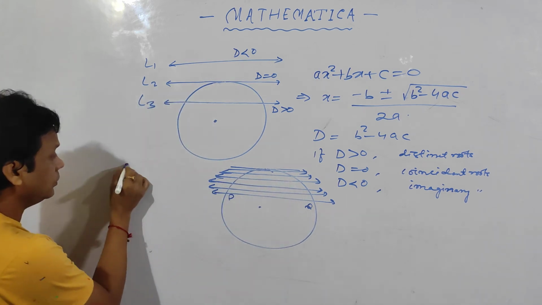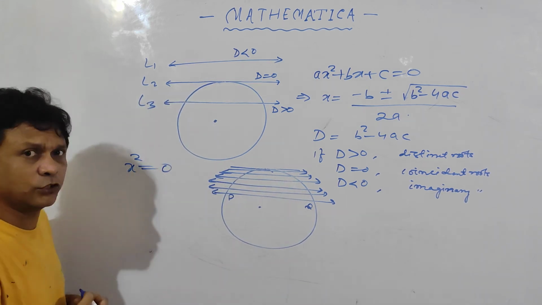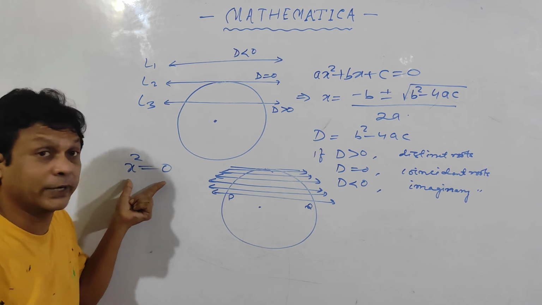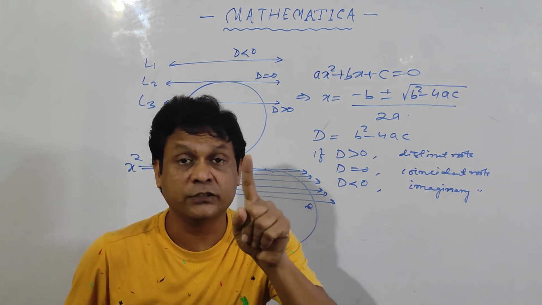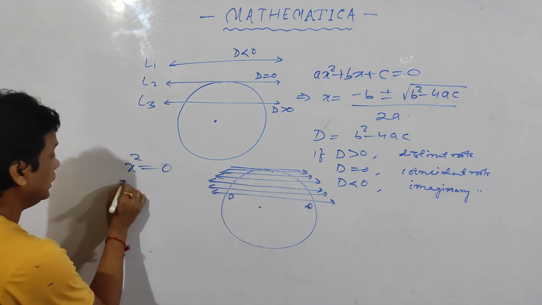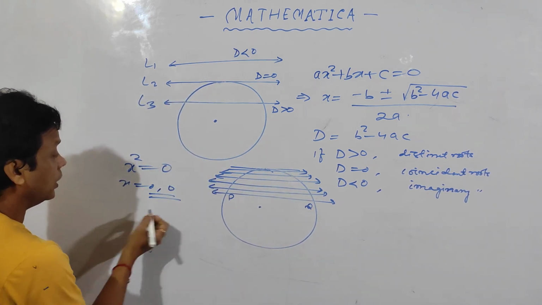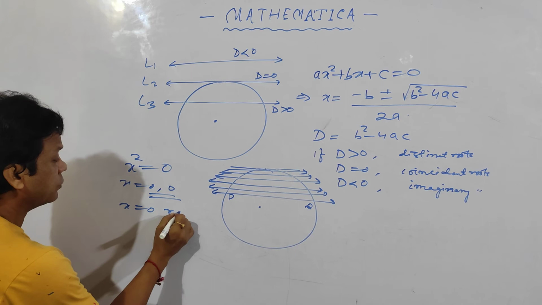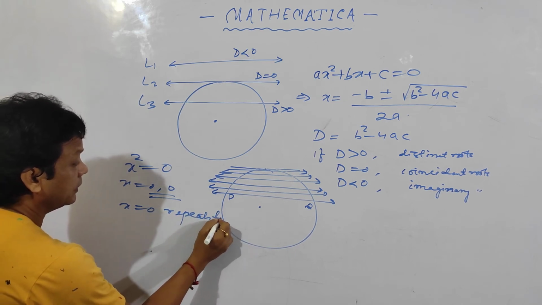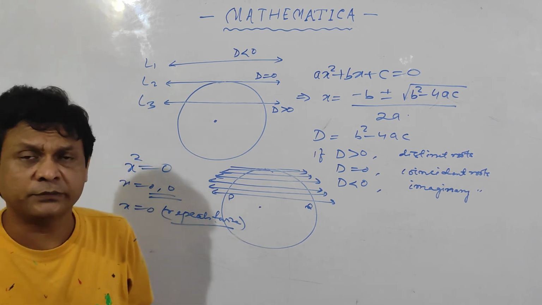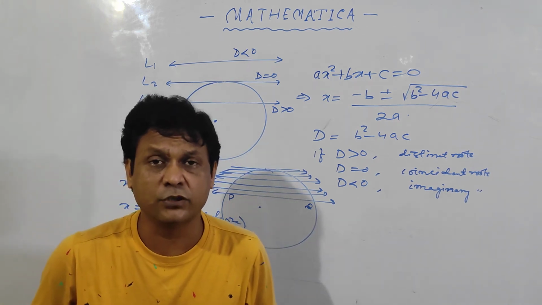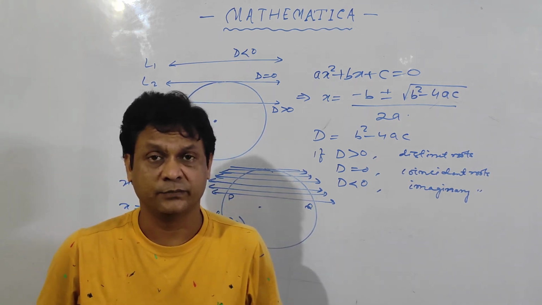I am again telling you, if x² = 0, then what are the roots? Not x = 0, because this is a quadratic equation, so you should get two values. But you are telling that x = 0, only one value. So you should write x = 0, 0, or x = 0 repeated twice, or double root. X = 0, double root it is 0.